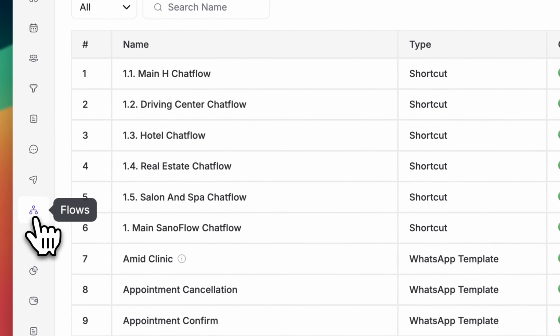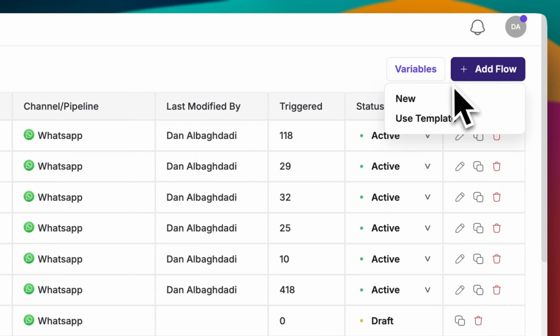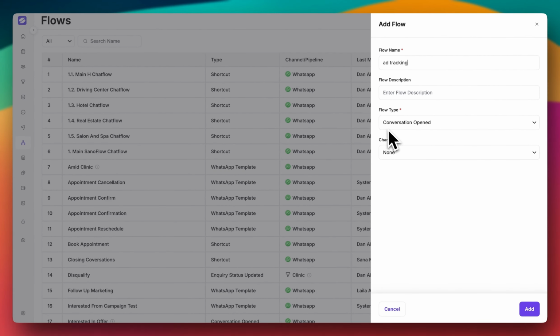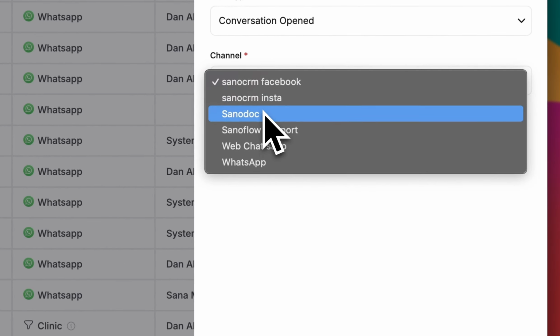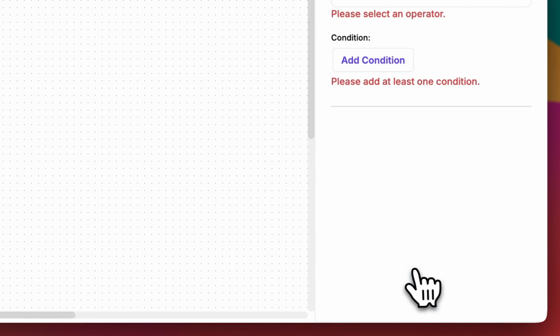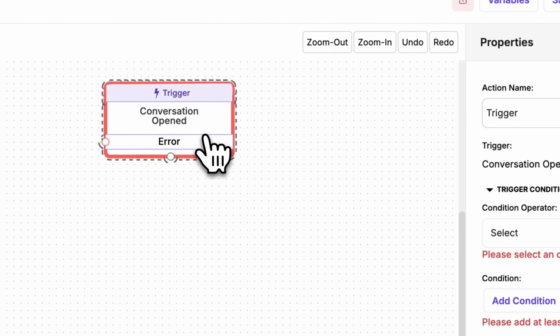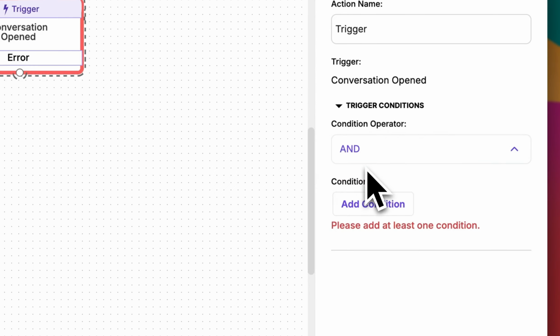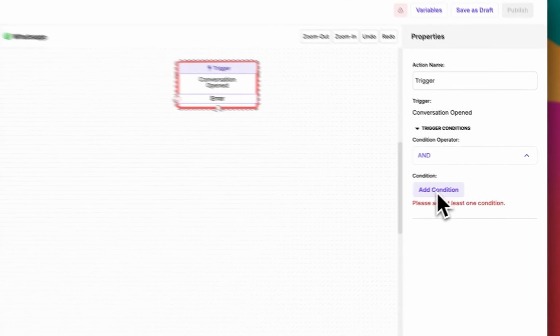I'll go to the flows module, then to add a new flow and call it ad tracking. I'll set the flow type as conversation opened and choose the relevant channel. In my case, I'm choosing WhatsApp, and then click on add. Here in my conversation opened trigger, I'll click on the condition operator. In our case, it's and, and my condition is going to be a keyword. I'll click on add condition